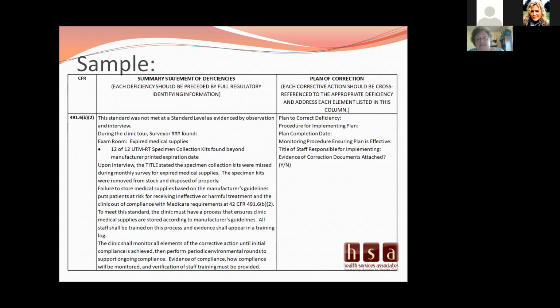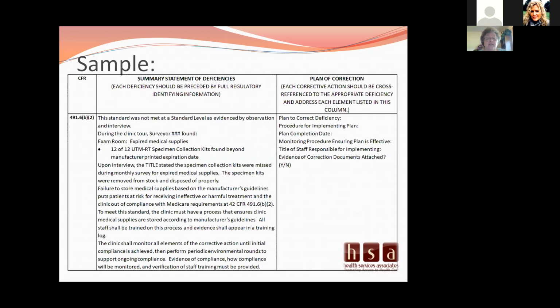You're still going to get a deficiency. There is the rare surveyor that will say, if you take care of this right now while I'm here, we'll be good. But most surveyors, they found it. It was a deficiency at the time of finding, and they will give you recommendations on how to correct it. They don't always take it off if you've made the correction while they're standing there. So they did make the note that it was taken care of, but you still got the POC for the deficiency because you took care of it this time. How are we sure when the surveyor shows next time that it's not going to be a replication of the same problem?